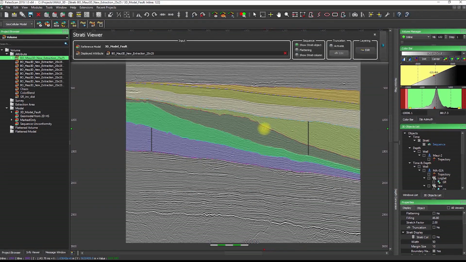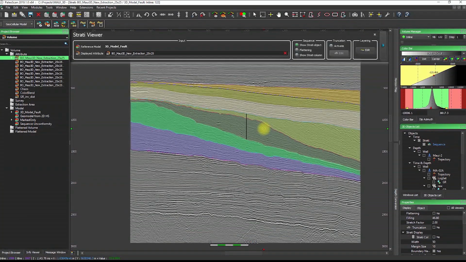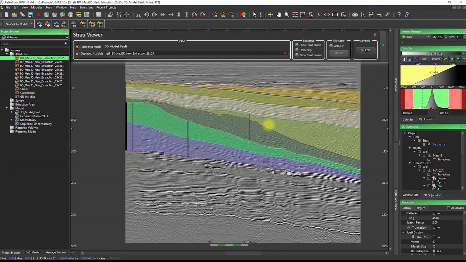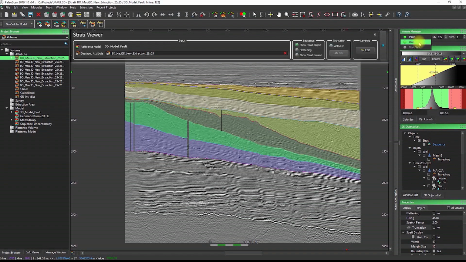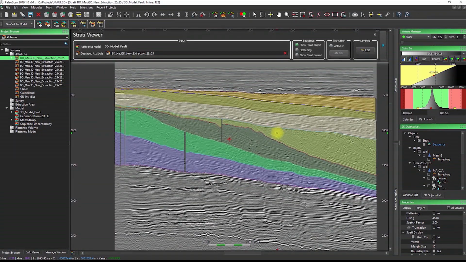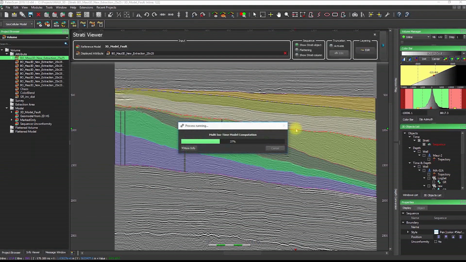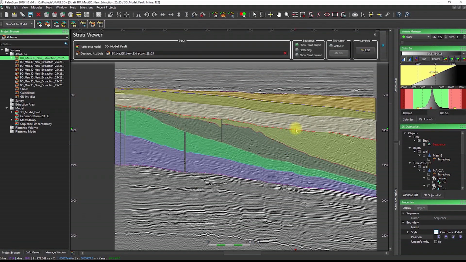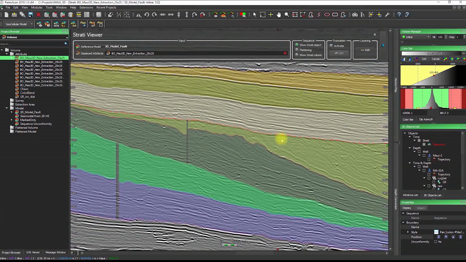Okay, and I can check the geometry of my sequence, scrolling through the seismic if I need to. I could also choose to switch to the cross-line dimension to check the consistency of the geometry of my sequence. I can also select one particular boundary and move it up or down, playing with the up or down arrows on my keyboard. One thing that I didn't explain during the slideshow with PowerPoint is that you can create some